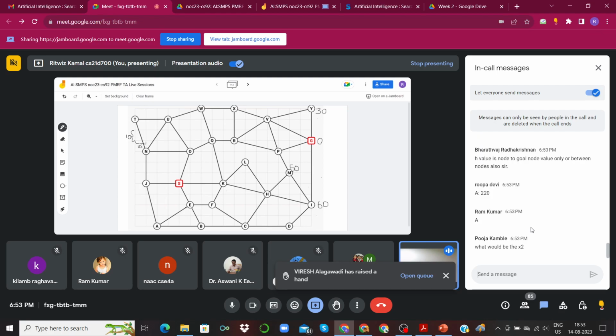So heuristic value can be defined between one node and any other node. Since we are using Manhattan distance, it need not be that that node has to be connected to the goal node. That's where I think some of your doubts are coming from. When we are calculating the heuristic value for M, you see that M is not directly connected to G, but we are still able to find that 50 is the heuristic value, by using the blockwise distance measure.